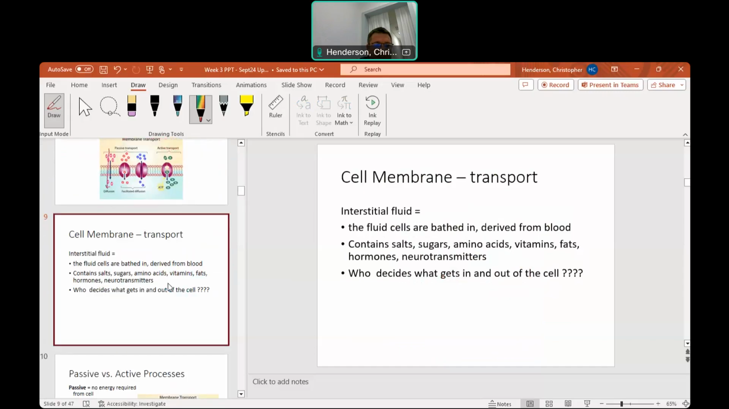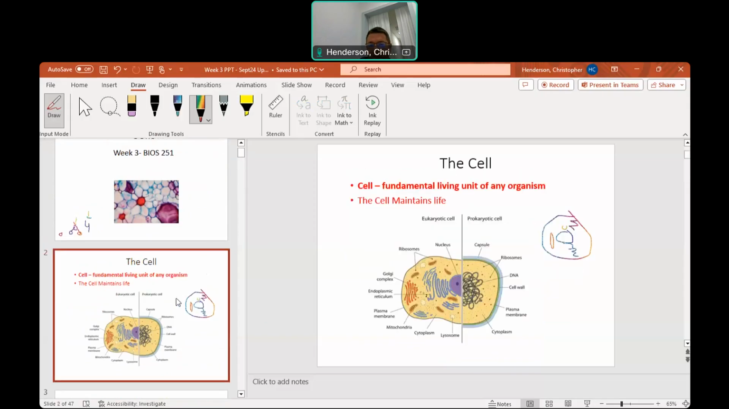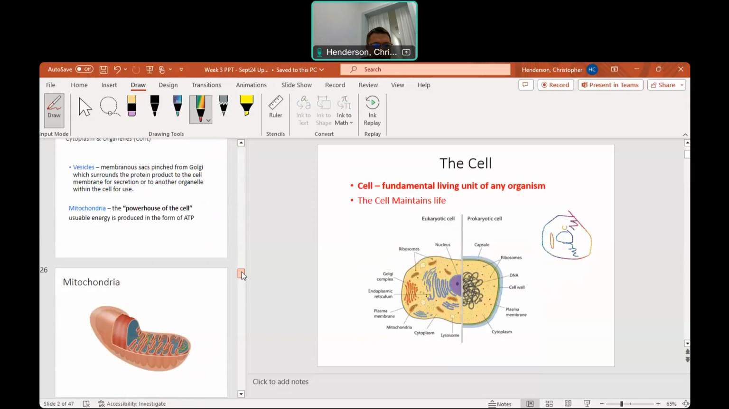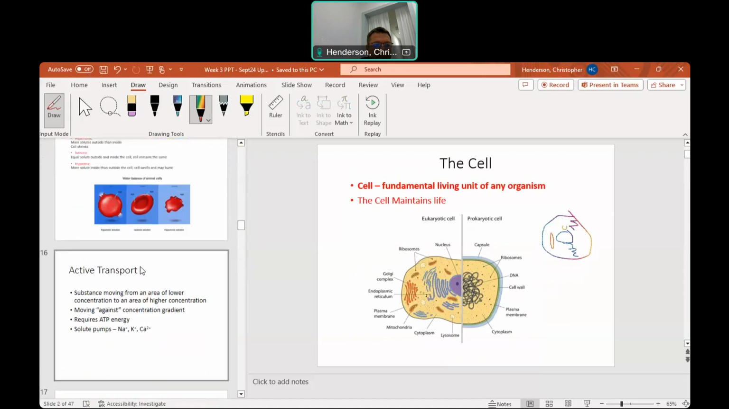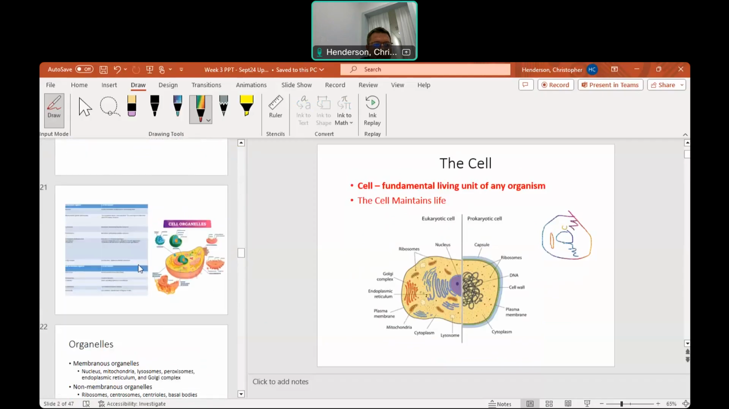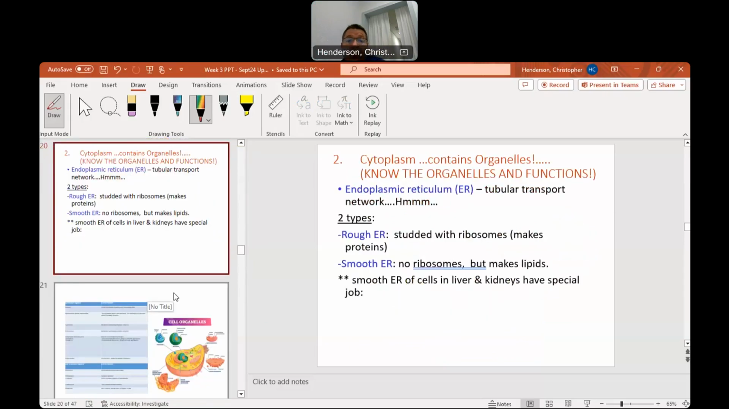So let's discuss the different organelles that we have. Sorry, these are new notes here. Okay, so we'll come back to cell transport in a little bit. Okay, so when they made these notes,